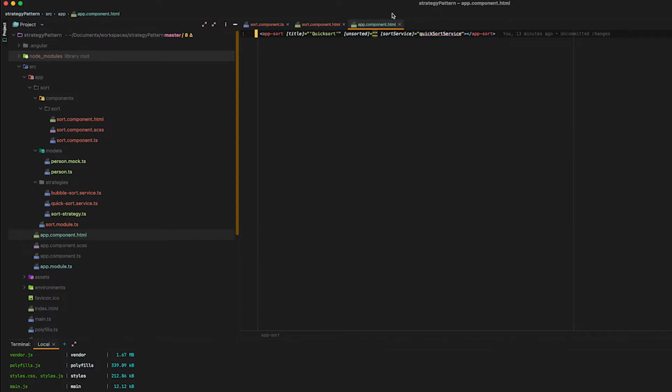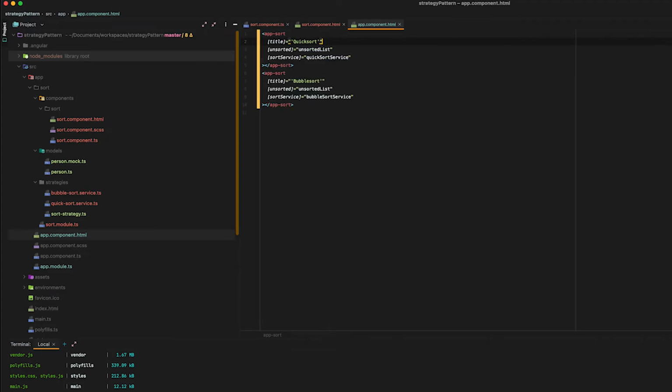And here we will have the name unsorted list. And it's pretty good so far. And we can just copy this and rename this to bubble sort. And this here as well. Sort. Okay,